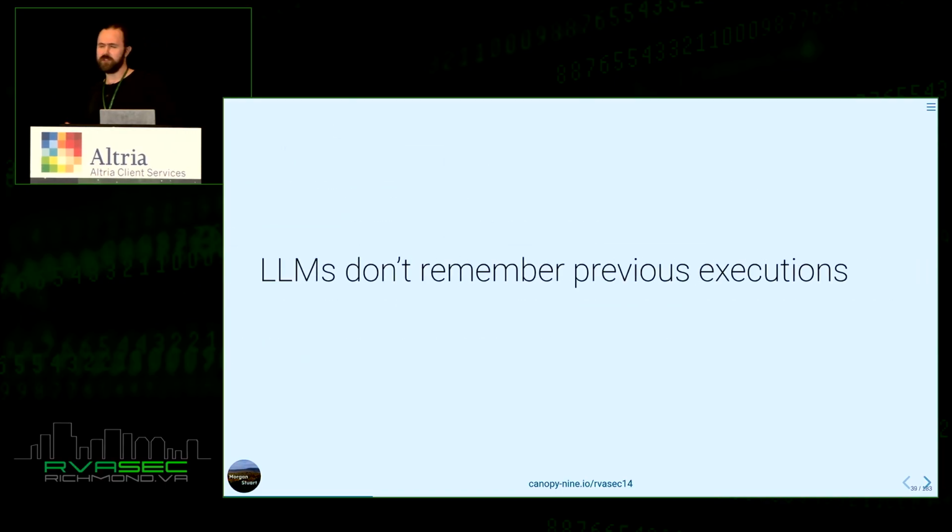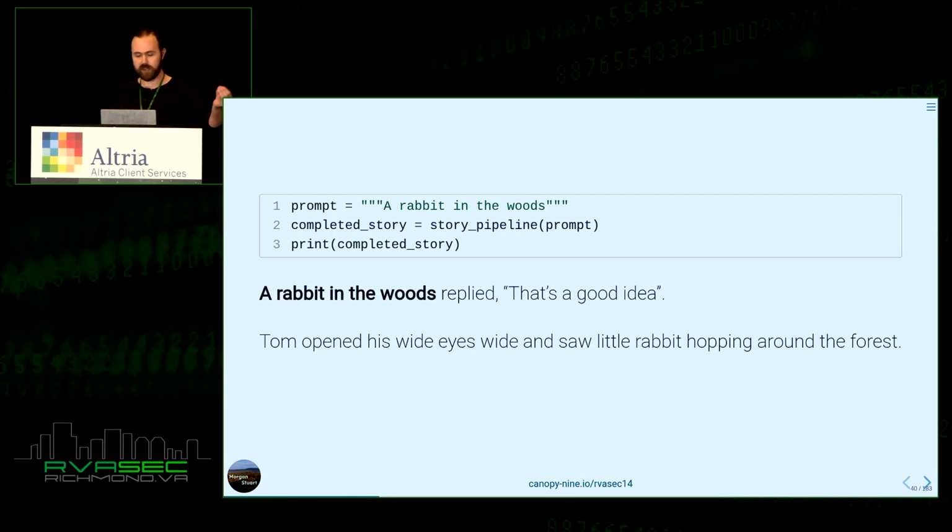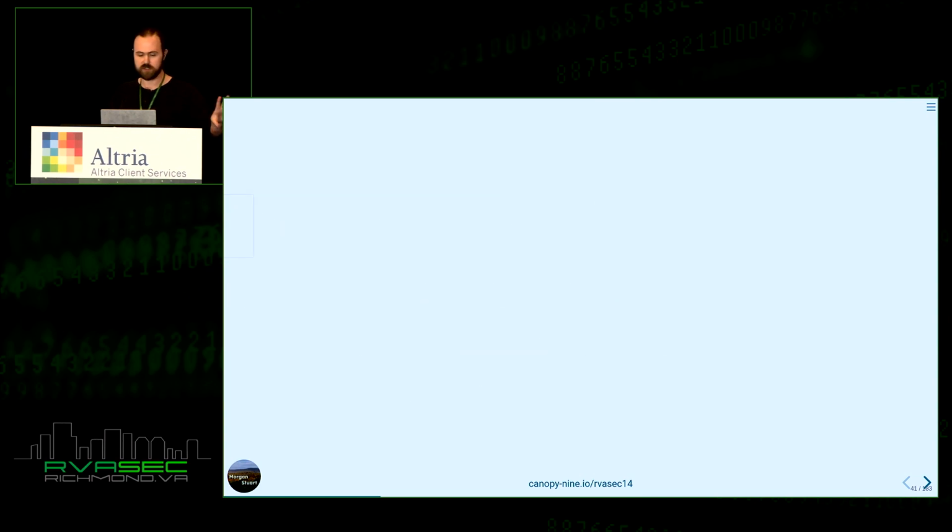One thing I see a lot of confusion about when I hear people talk about LLMs is thinking about memory and what they're learning and things like that. Just running the model, there's no state, there's no memory. It's not going to remember previous executions. So just to demonstrate this, I could say "a rabbit in the woods," and we get a whole new story. It's very Alice in Wonderland. It has nothing to do with the girl before. Just to drive home the point, there is no memory, there is no state between these executions.